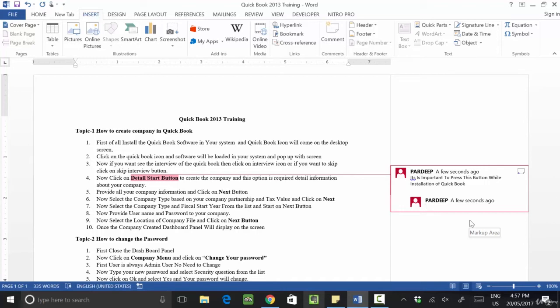Is it clear? Okay, basically we use comments more in Microsoft Excel, but here also in Word we can use this option easily. Like this way you can give a comment to your text. If you want to add another comment, then simply click on this button. So you can add another comment also. In one topic you can add multiple comments if you want. Clear? Okay, like this way.